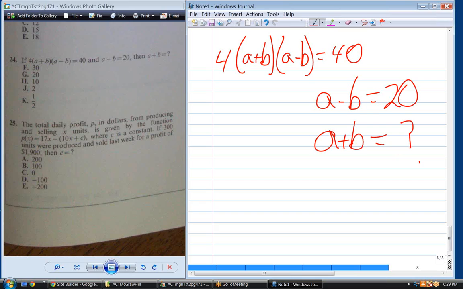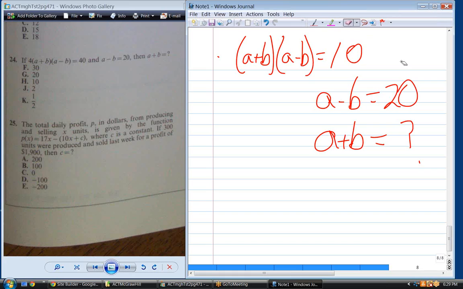Well, this is a pretty easy problem. It's the first step. Do we even need to know what A minus B is? Sure. What's the first step? Let's divide both sides by 4. Gets rid of that 4, turns that into 10. Okay? Okay. Now,